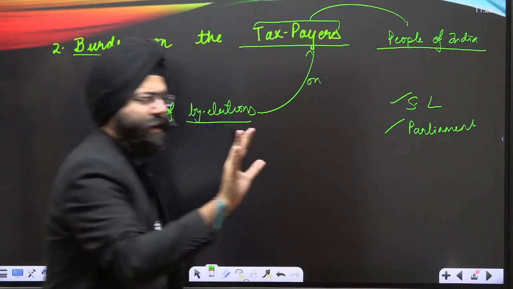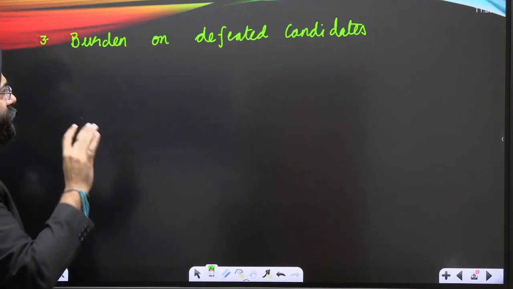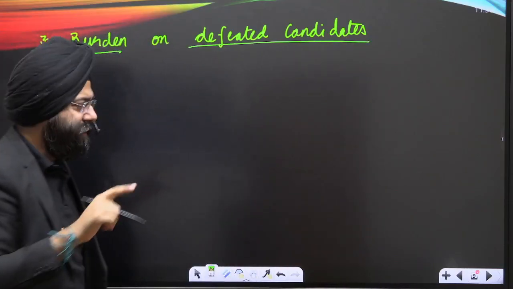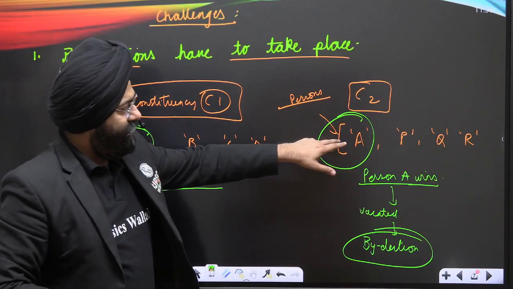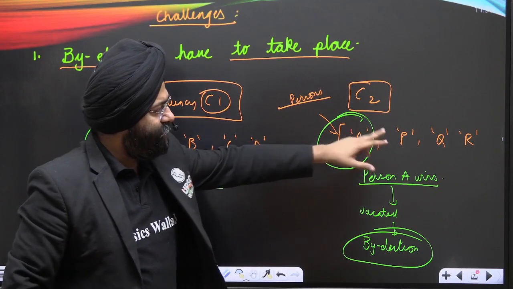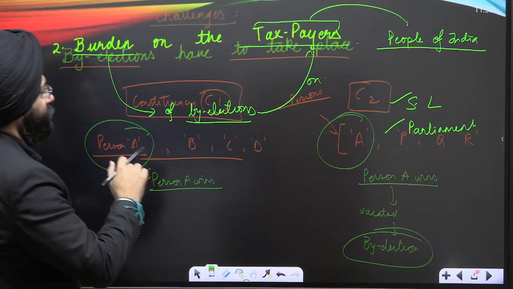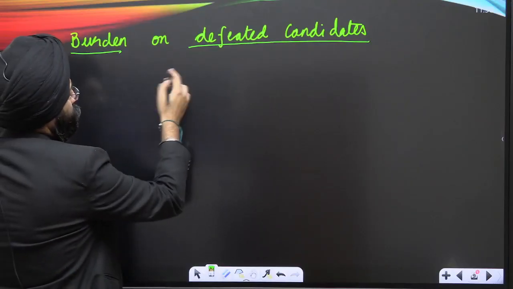Now if you move ahead, now see the problem. Next is burden on the defeated candidates. Now see what happens. Let us assume over here, in this constituency C, PQR. Now supposingly A has vacated. Now let's come to this case. Let us say in a constituency